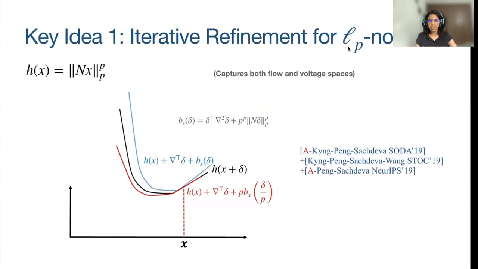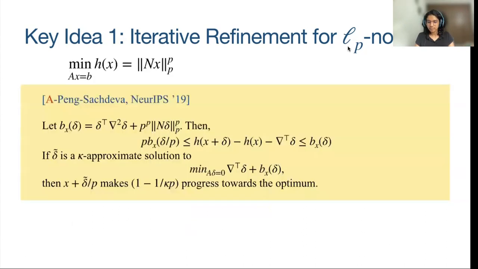So similar to how gradient descent works for strongly convex and smooth problems, where you have both upper and lower bounds, even for LP norms, you can actually just minimize this upper bound some log 1 by epsilon number of times to converge to a high accuracy solution. So formally, given our objective, which is an L2 squared and an LP to the P, we'll call these functions smooth P norm functions from now.